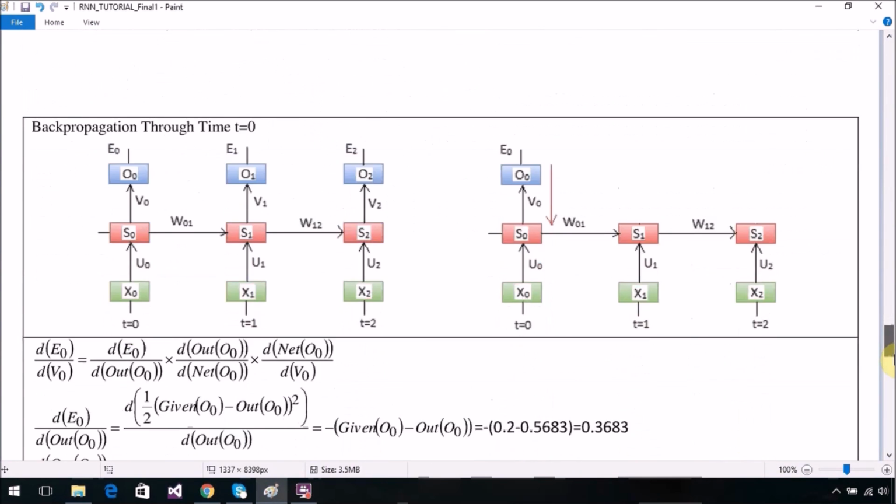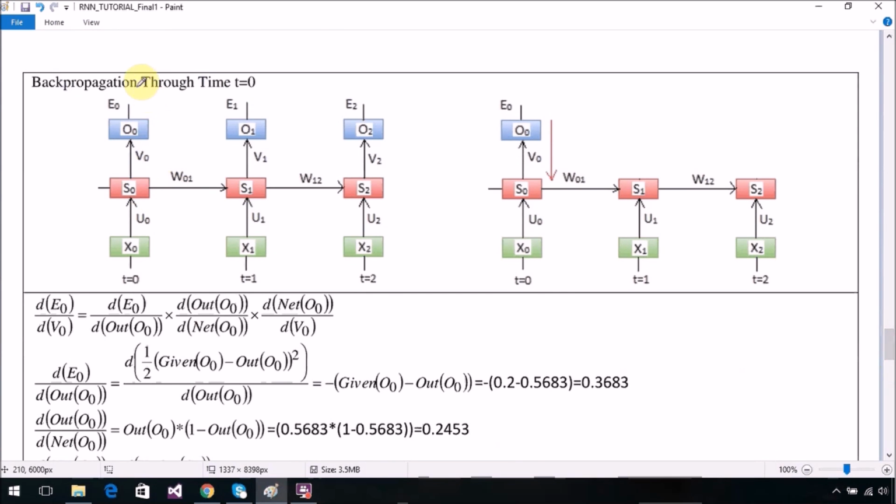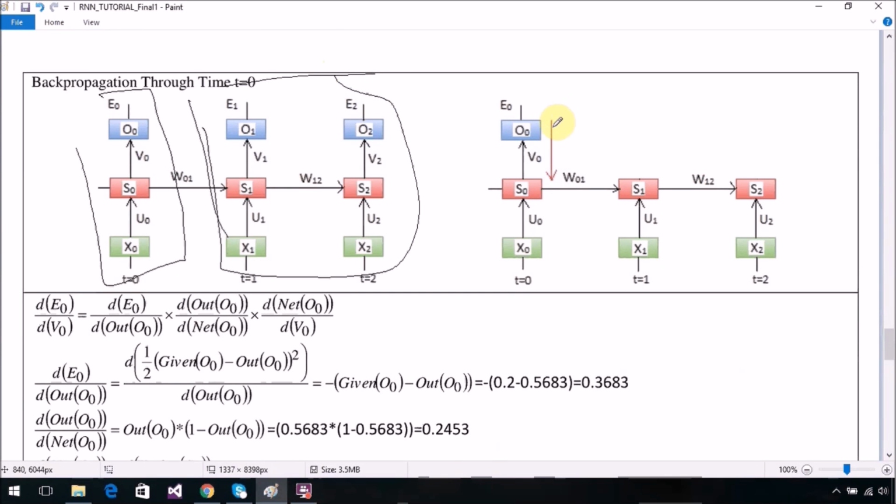Now the next part is back propagation through time at t equal to 0. So in this case we will cover only this part of the network and discard this part from the calculation path. So from here the backward propagation will follow only this part, as there is no other connection. So we will just use back propagation through time by applying unfolding at t equal to 0